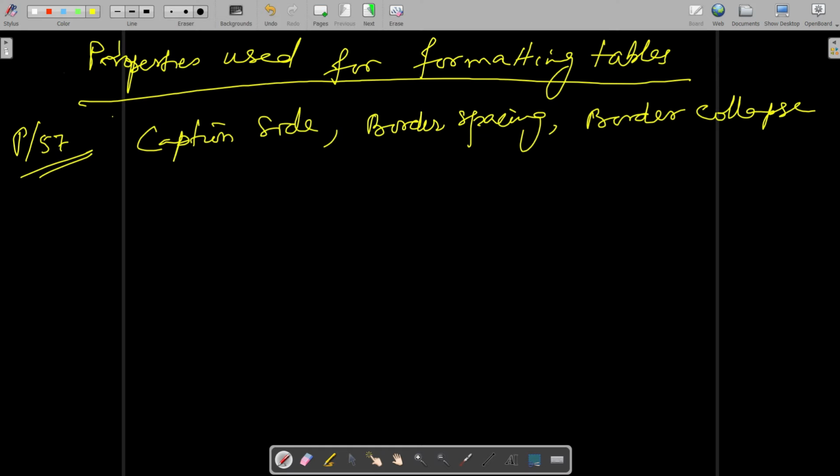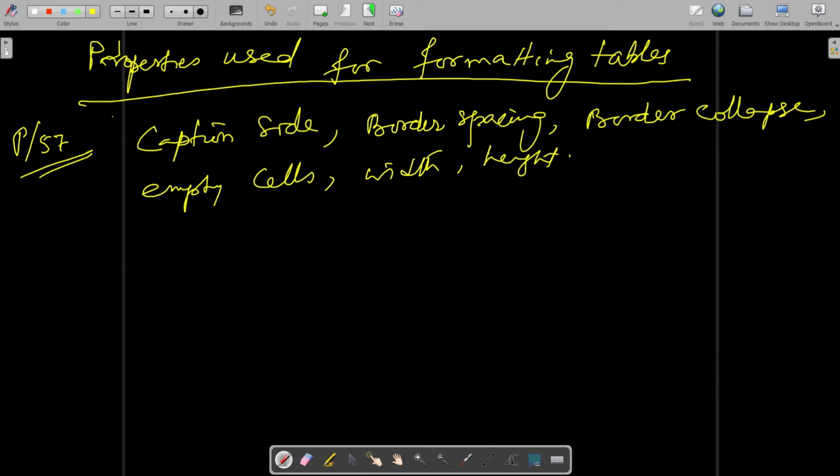After border collapse, another is empty cells. And another is width and height. These are the different properties used for formatting a table. By saying formatting, you have understood that you can format. Suppose you want to give a border. This is a type of formatting, yes or no?